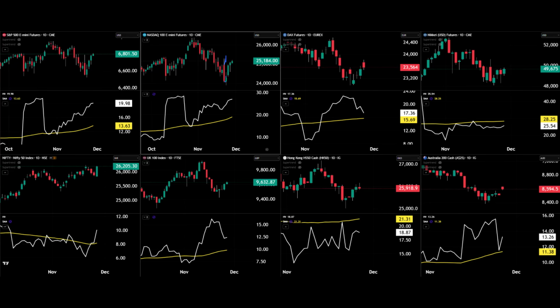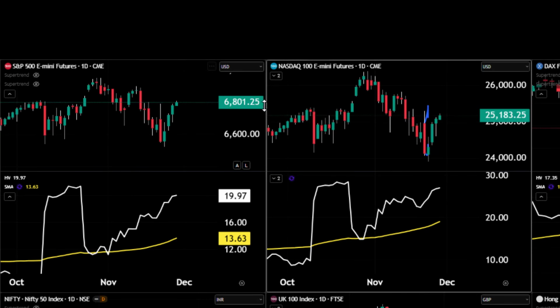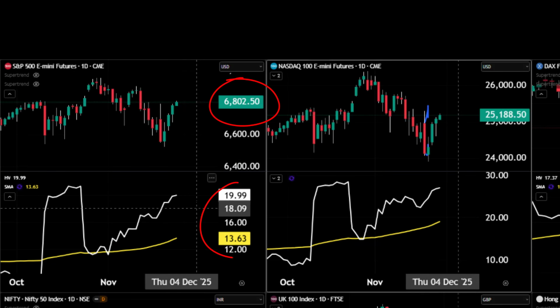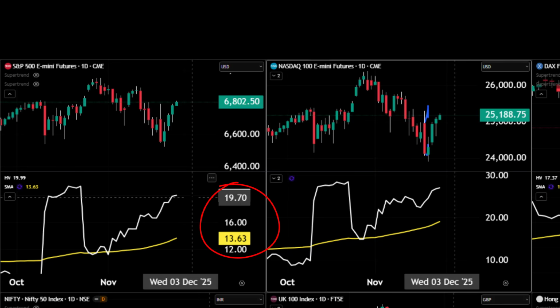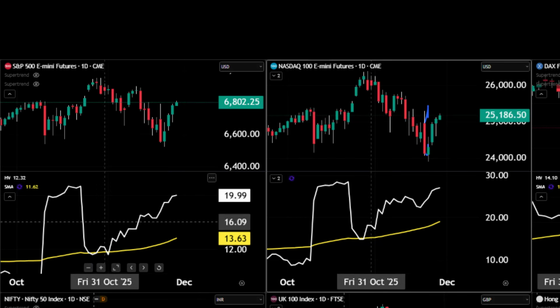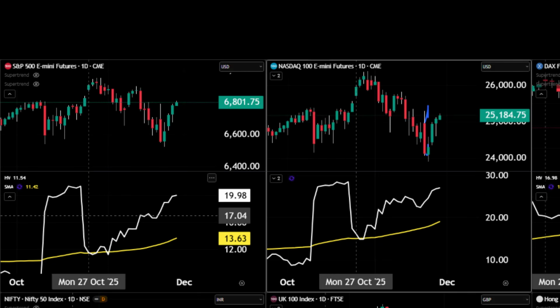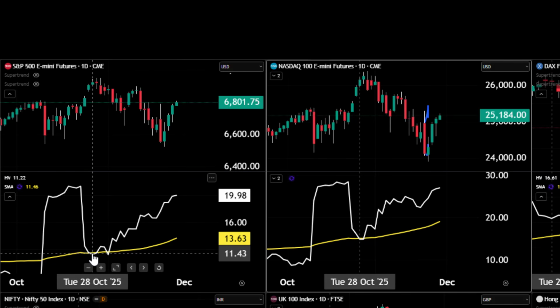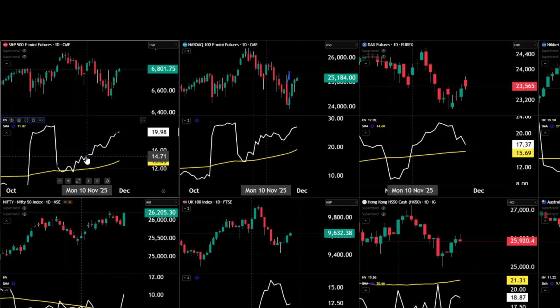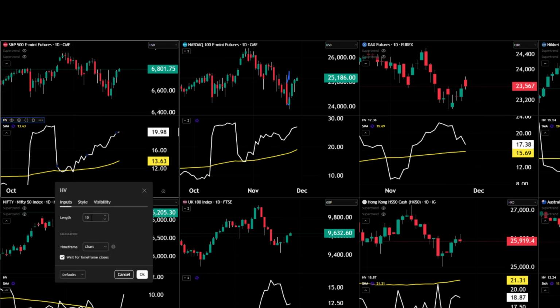Now the important bits to take away from this information, if we concentrate on the S&P at the top there, are the price, currently at 6,800, just over there, and the volatility. Depending on the strategy you're going to use, I like to smooth out the volatility. The indicator I've used here is just called HV. You can find that in the indicator section up at the top of TradingView. Historical volatility. Let me just click on that, and the inputs for it, I've set it to 10